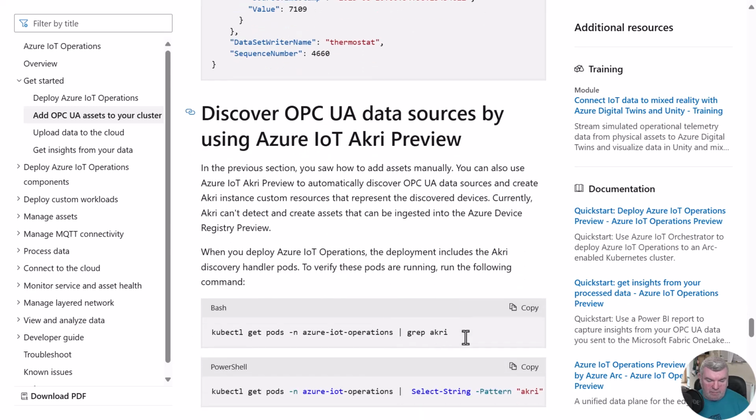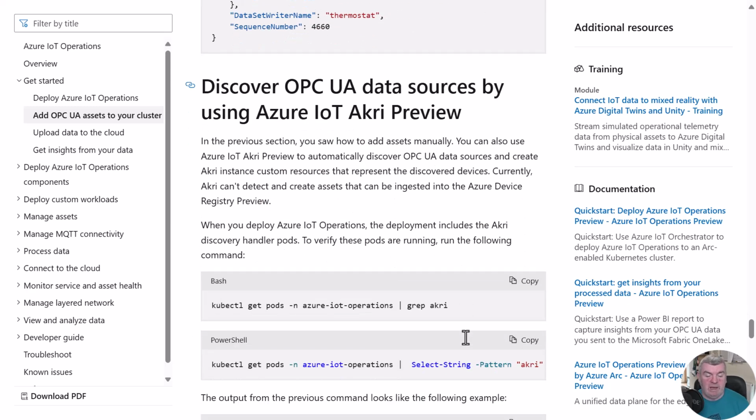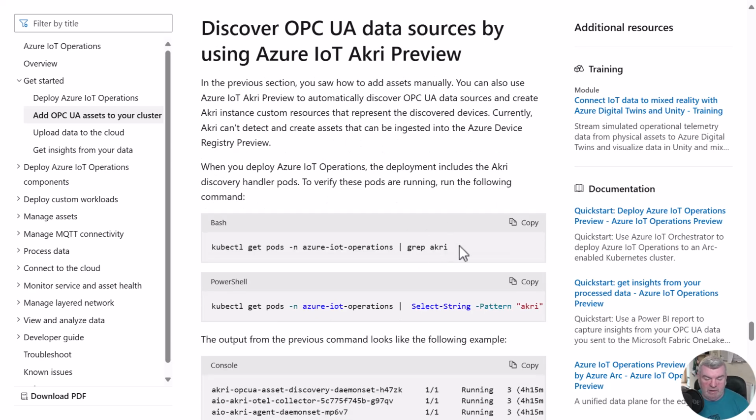So next, discover OPC UA data sources by using Akri. Akri is the service that goes out and allows us to discover OPC UA assets that are connected to our edge device. And when we deploy IoT Operations, we get Akri included. And we can verify these pods are running by running the same command that we normally run, but by grepping, which is filtering against the Akri